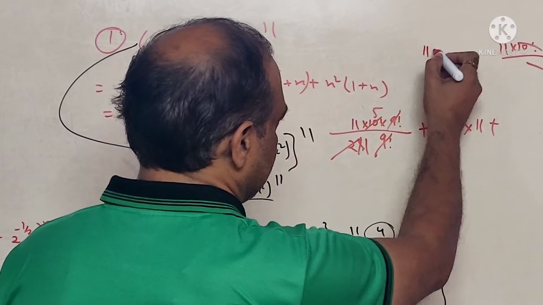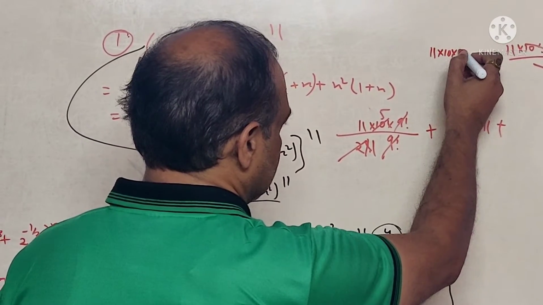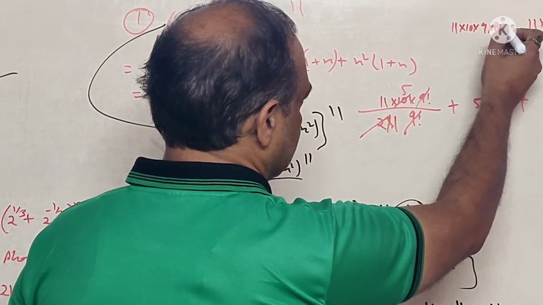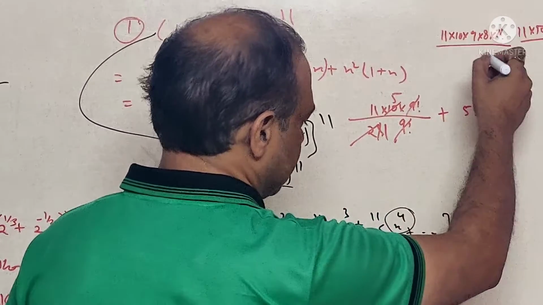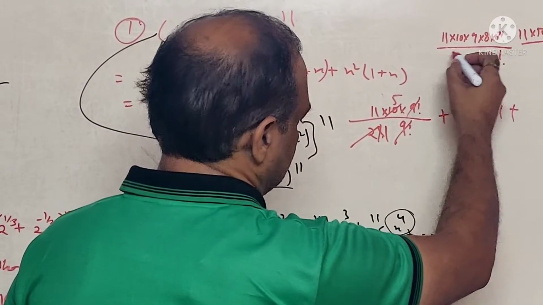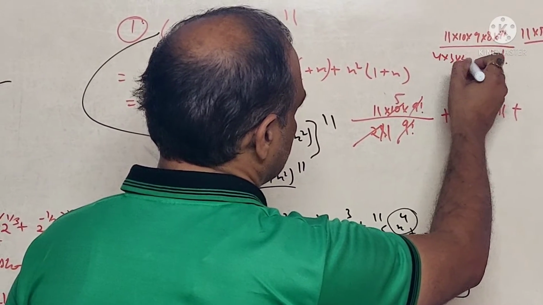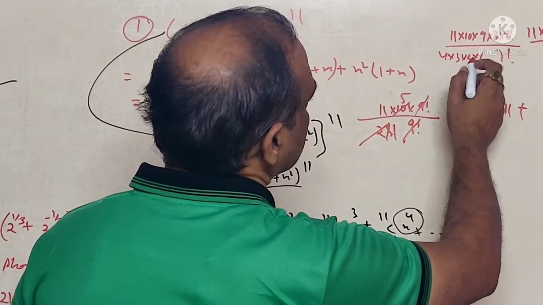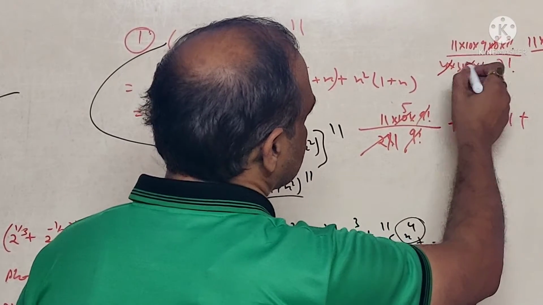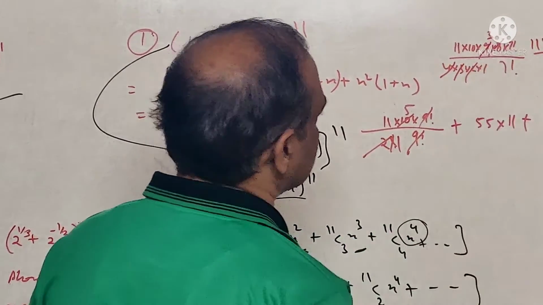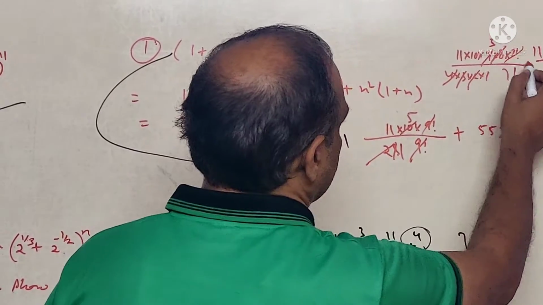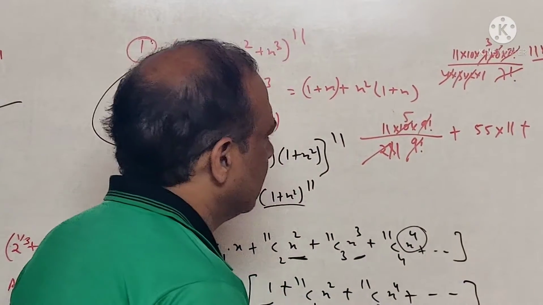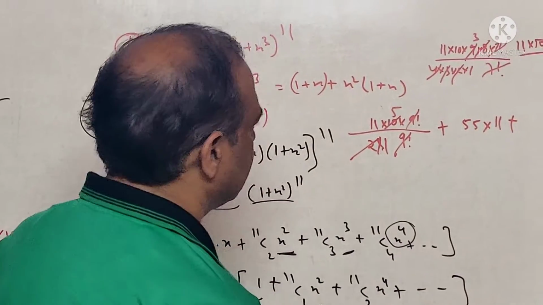We will be having 11 factorial, 10 factorial, 9 into 8 into 7 factorial. And about this 7 factorial, this is 4 into 3 into 2 into 1. Then 4 twos are 8, this is cancelled, 3 threes are 9, this is cancelled, and 7 factorial got cancelled. You are having 33, you will have 30, 330.